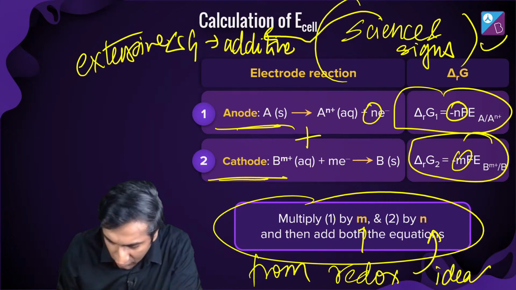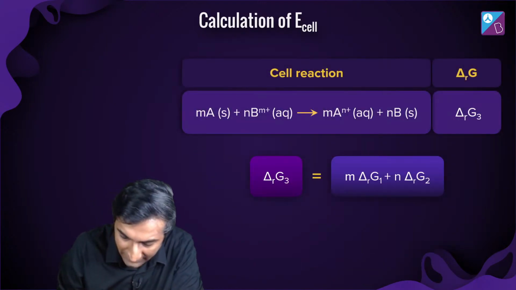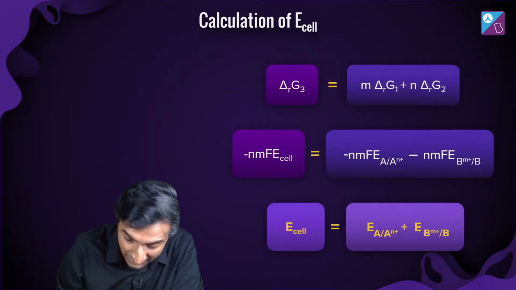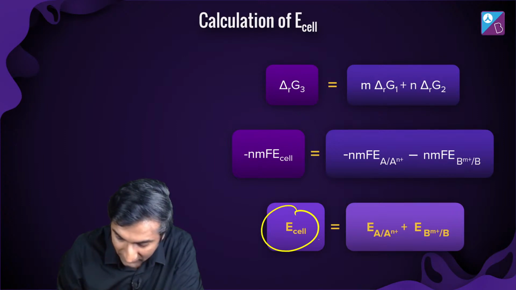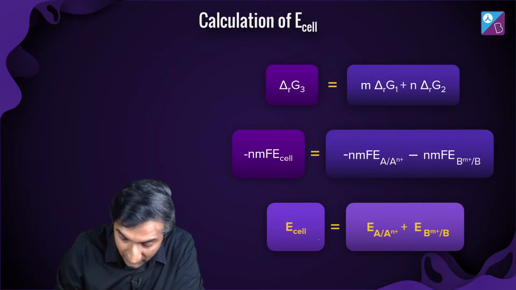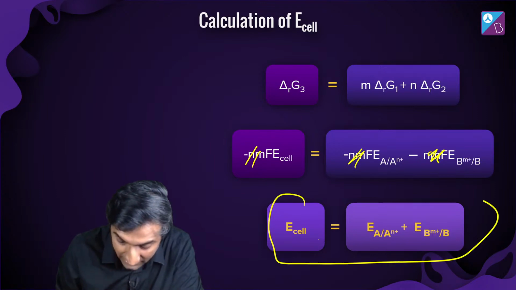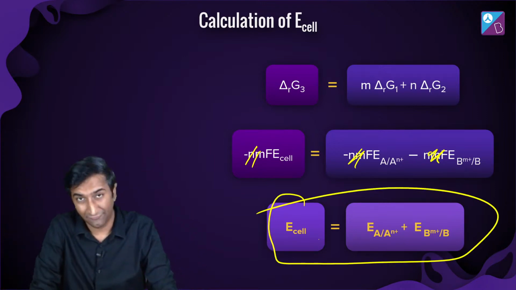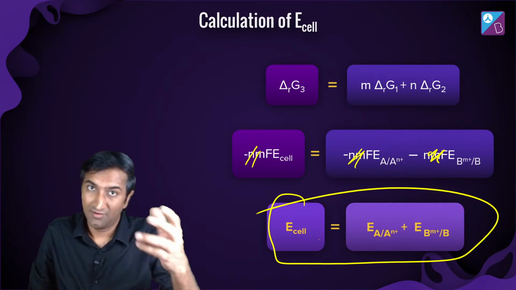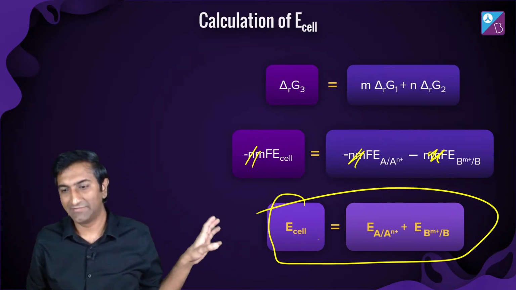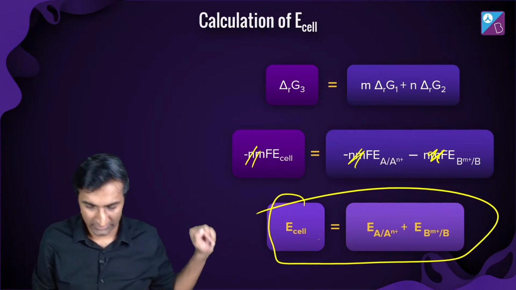And you're done. You add them both together. You get some value of delta G of both of these reactions. Then again, for the main reaction, you get back this value. So, what happens is everything gets cancelled out beautifully, and what you're left with is like a miracle. For a reaction, although this is intensive, I can say that E cell is simply going to be equal to this thing. What is this?